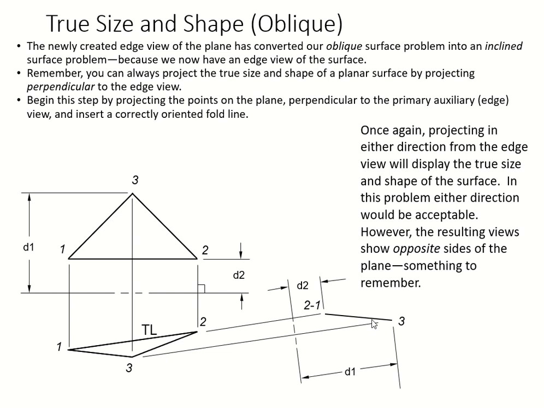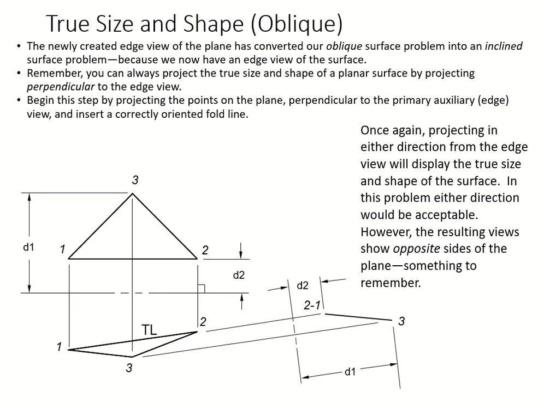So we can leave it here because our problem is not dealing with inclined planes. We're dealing with oblique planes, because your problem stated it. This is also where students make mistakes, because they stop right here without projecting more from this point. We'll have to project it more. So now we've got the primary auxiliary, which is your edge view, which we usually get after we transfer the data from the middle view, but we're in a problem of oblique planes, so we have to